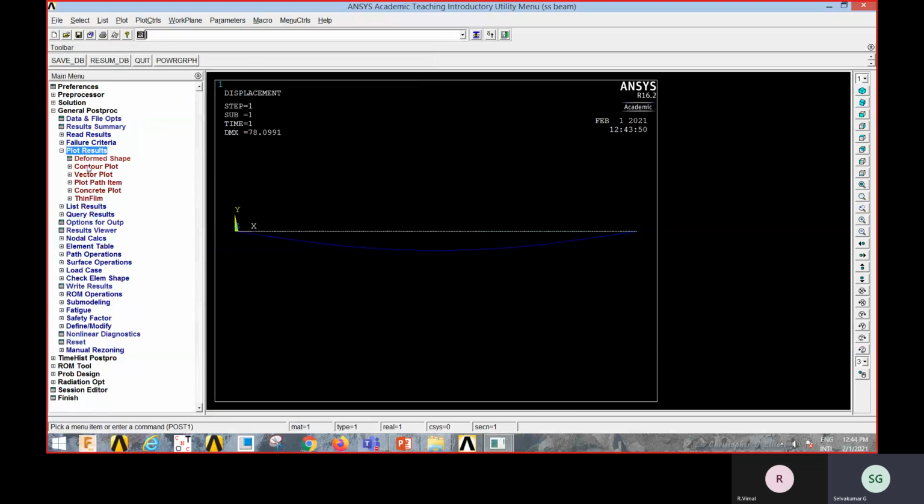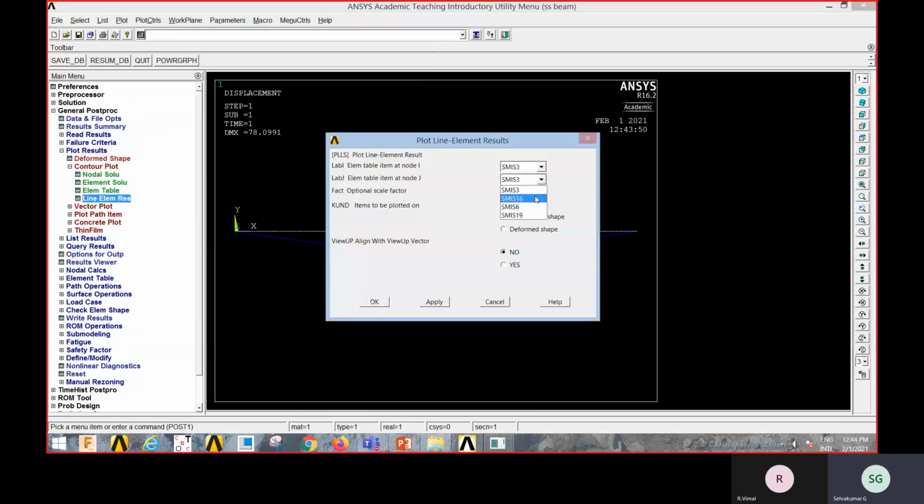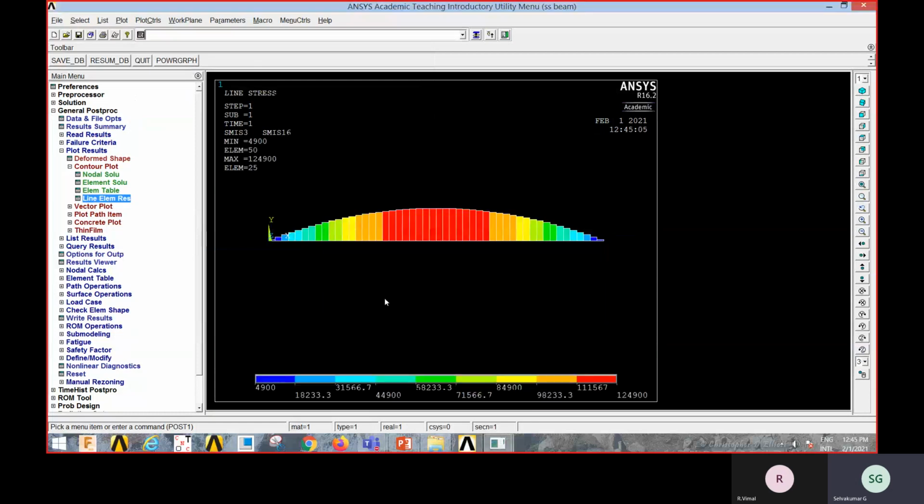Plot results, choose contour plot, choose line element results. For the I and J values you have to choose 3 and 16 for the bending moment diagram. It is showing the bending moment diagram. It is inverted, of course. The software is using some other convention, but generally in textbooks we draw it below.